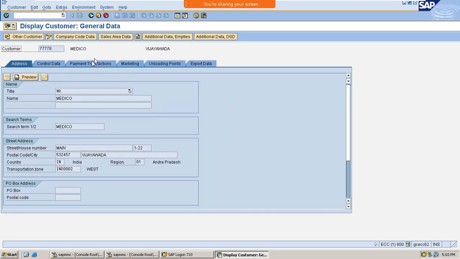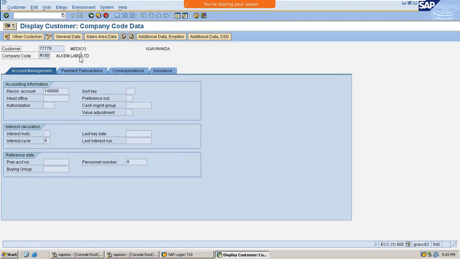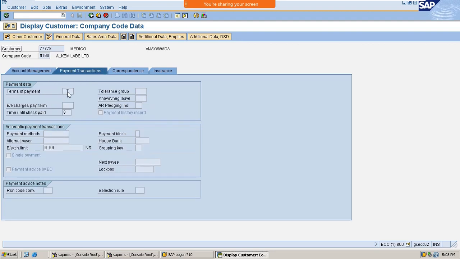In general data, we will maintain the title, search term, postal code, and all the details related to the customer. In the same way, in company code view, we can maintain the details of reconciliation account and payment terms, all the details which are related to the company code view.